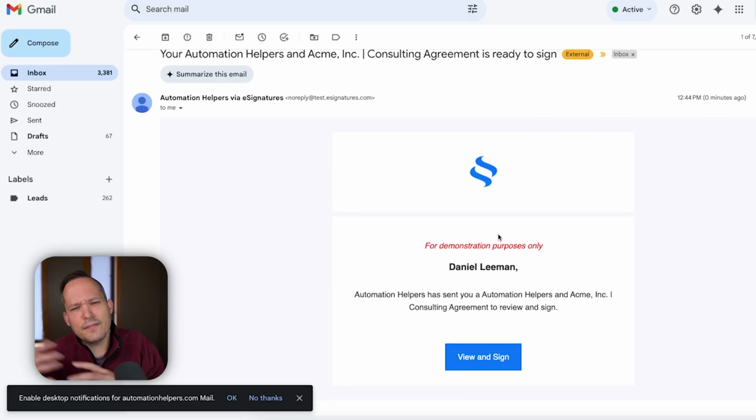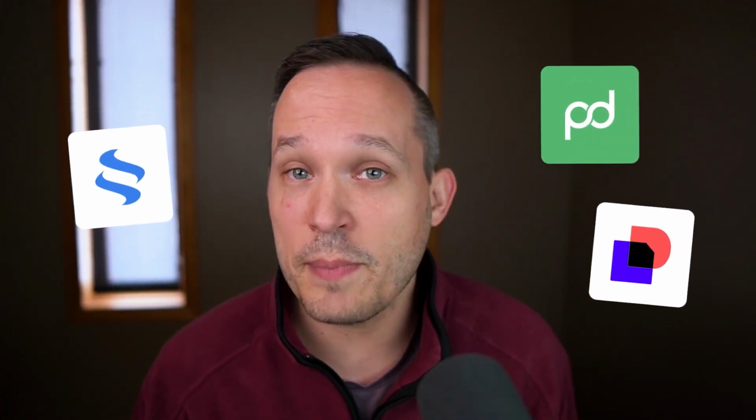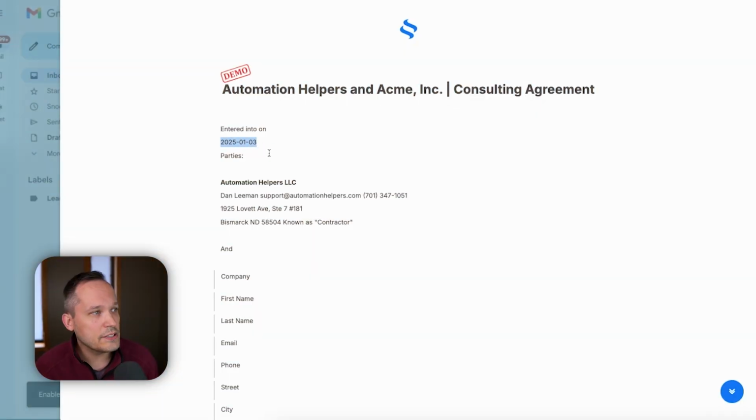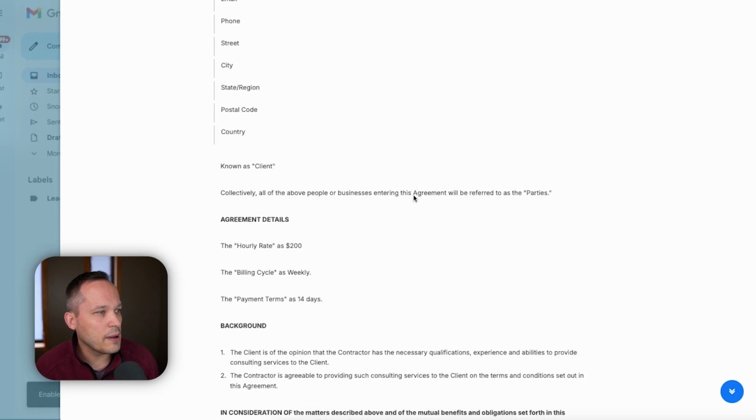and inside of my email, I'm going to get a notification that I, the person in the company, needs to go ahead and sign this. So I'll click View and Sign. Now this tool that we're using is called esignatures.io, and there's a million reasons why we like to use it with a lot of our clients, but we've done this with PandaDoc and DocuSign and other platforms in the past as well. So here you can see that we inserted today's date, we've got information about our company, and